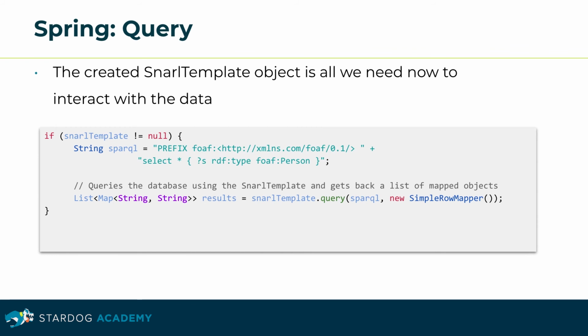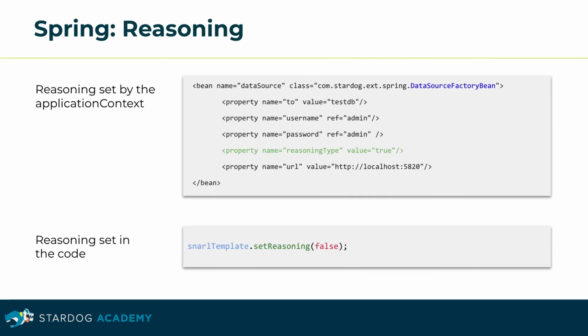dependency injection. Here we can take our Sparkle query, pass that to the template, which then wants a query, and in this case, the simple RowMapper automatically maps things to a list of maps of string. This is a nice utility to quickly just run a query, get the results, and then print them out. To enable reasoning, remember that there's an additional property to turning reasoning to true in our application context within our data source factory bean. We can also do this in a couple of places in the application code, just as